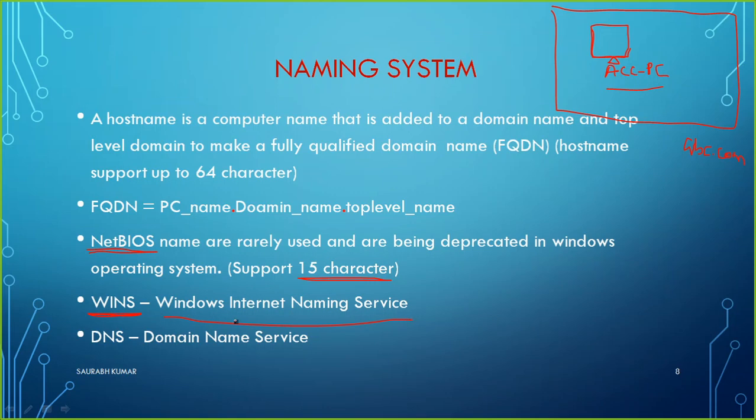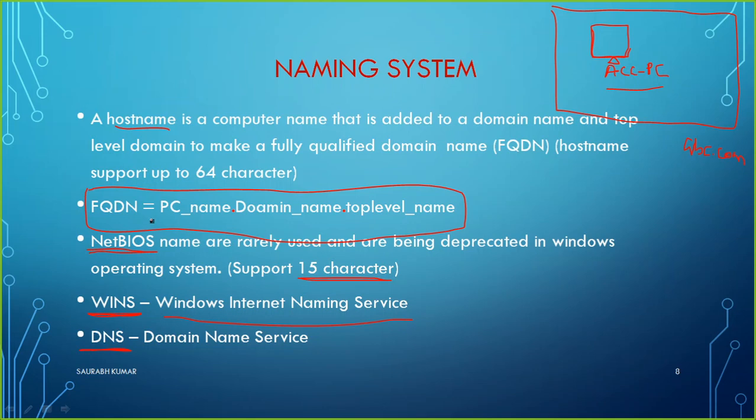It was just converting the NetBIOS name or a computer name to the IP. But nowadays we have DNS. We are no longer using WINS much, we are using DNS nowadays. So what is DNS doing? It helps us resolve the domain name to IP and IP to the domain name, and DNS takes the help of the host name with the domain name. Altogether it is called an FQDN, fully qualified domain name. So generally DNS is going to resolve FQDN to the IP and IP to the FQDN.